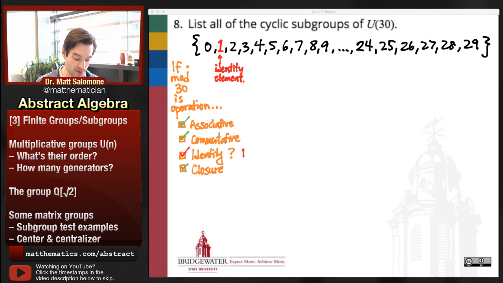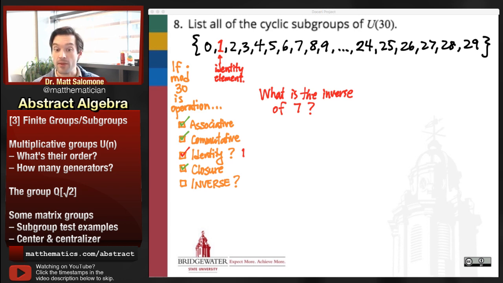So the sticky part, the part that actually causes us to rethink our place in the universe a little bit, is the inverse property. After all, if I were to ask you, for example, what is the inverse of, I don't know, let's pick 7. What is the inverse of 7 in this algebraic structure where my operation is multiplication mod 30? How would you answer that question? Well, the naive answer, right, the naive answer is